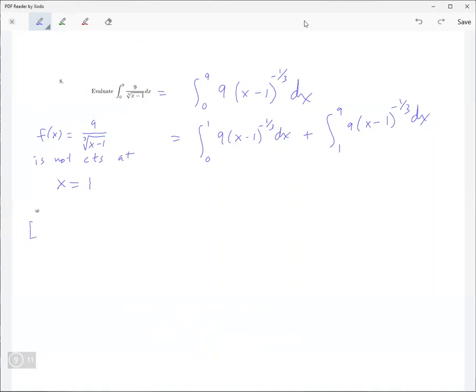Okay, so here is 0. Here's 9. You're integrating across the interval. At 1, you have a problem. Okay? It makes this an improper integral. So we split it up like this, across. You're going to go from 0 to 1, and then from 1 to 9, like that. You split it up into 2 integrals. Each of these are improper integrals, and they're type 2. This original one's type 2. Now we have 2 improper integrals that each are type 2. But the problem is that the discontinuity is at the endpoint. It's at this endpoint 1.